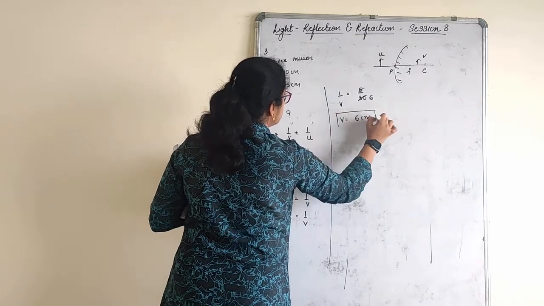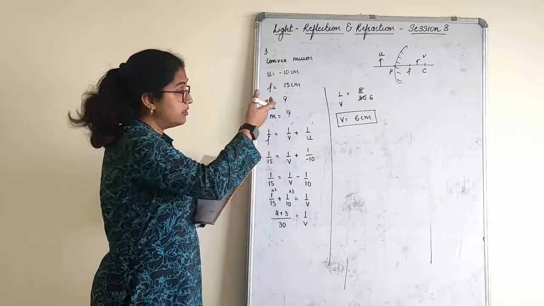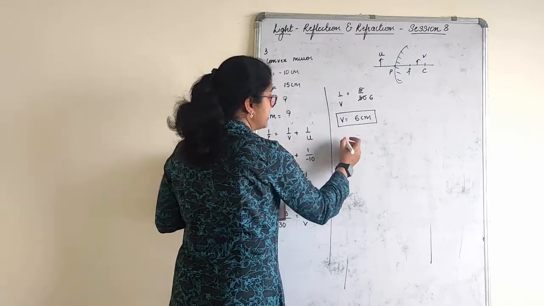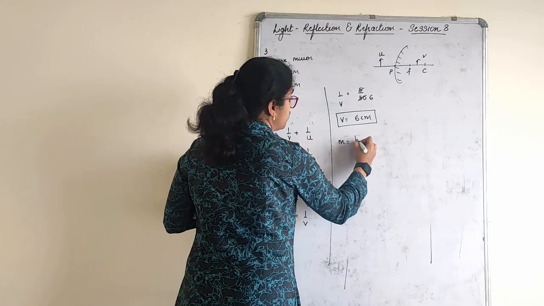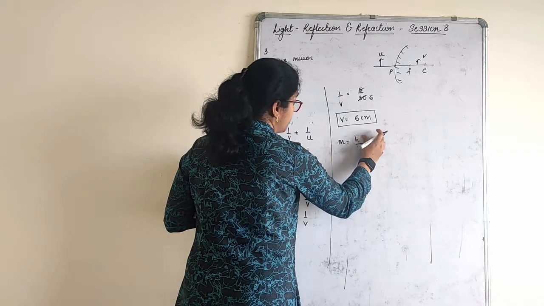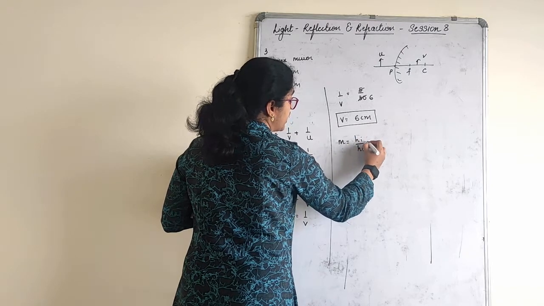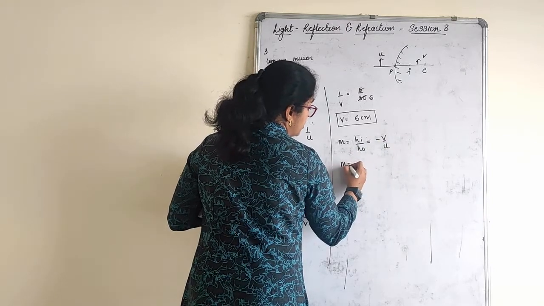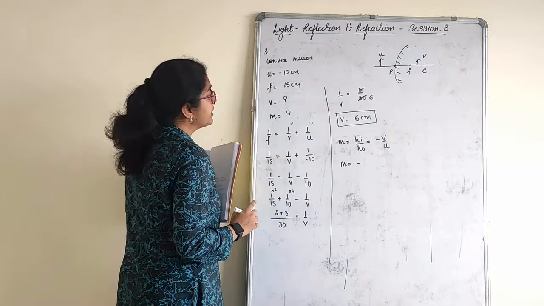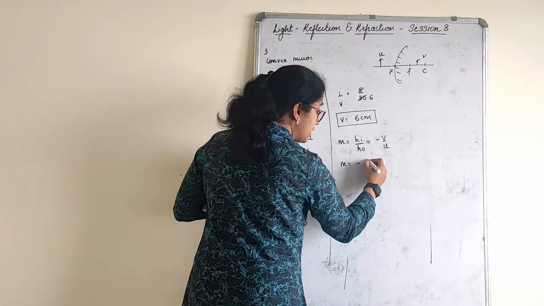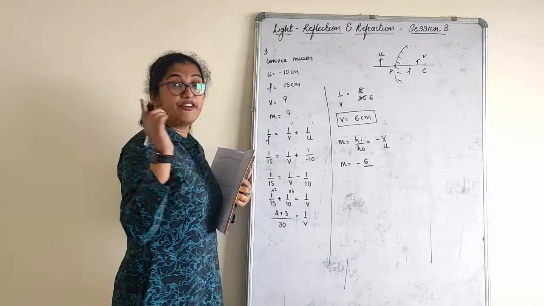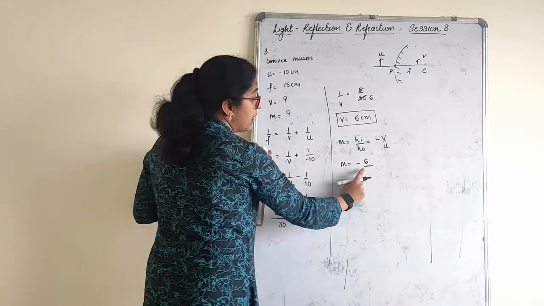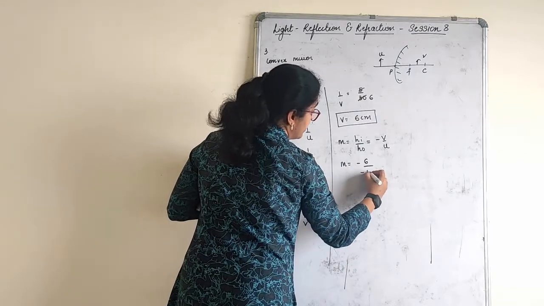V is plus or minus? Plus, because it is to this side. And we got the answer also, plus only. Now the image is found at 6 cm. Magnification is equal to height of the image divided by height of the object, is equal to minus V by U. This is the formula. So magnification is equal to minus V by U, with the minus in the formula. What is V? V we got it as 6. Keep this minus as it is. Tell me, magnification should be plus or minus now? Above the principal axis. Answer should be plus. U. What is U? Minus 10.